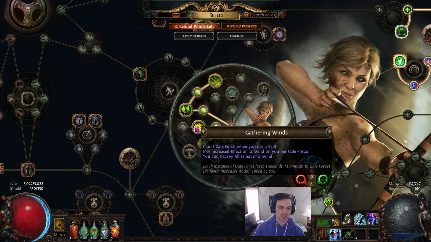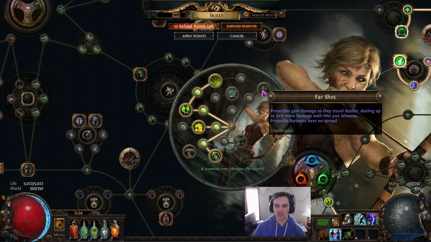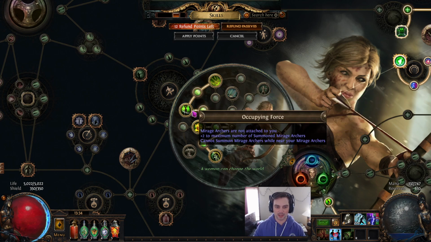Gale Force and tailwind in general, super good. I couldn't remember how Far Shot works when it comes to range skills, truthfully. Truthfully, I do not remember if Far Shot essentially is always active because you're firing the arrows up and then they come back down. So Far Shot might also be a really good choice, but I really wanted to try